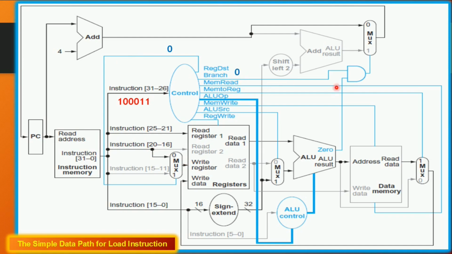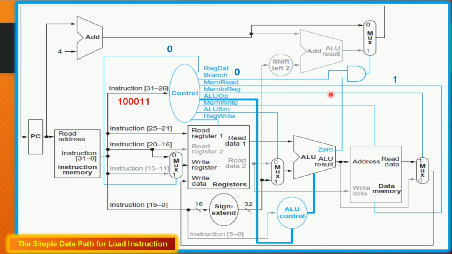I am going to read the data from the data memory. So in order to load the data, initially the ALU will be performing addition between the base register value as well as the 16-bit offset value. The offset value will be sign extended to 32 bits. These two contents will be added to calculate the address. Based on that address, the data will be fetched from the data memory. So I have to perform a read operation, so MemRead will be asserted.